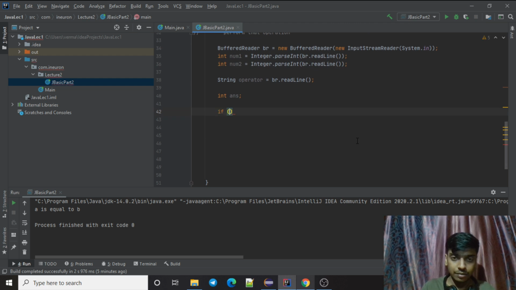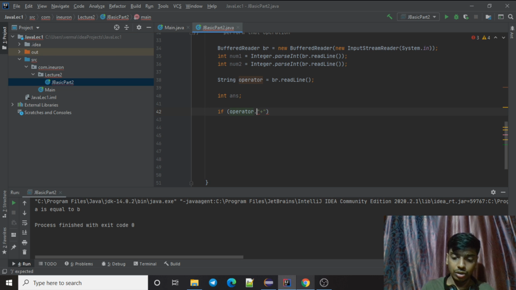So if operator, I already told you, can't use this thing. This is different for string. I'll tell you why you should not use this. You will be thinking these are equal, so just use the equal equal operator. No, that will not work with strings, right?